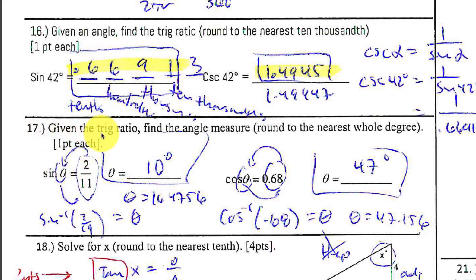Question number 17 says, given the trig ratio, find the angle measure, round to the nearest whole degree. So here I have sine of an angle equals 2 over 11. So the sides are 2 over 11, and then we're missing this angle. So you're going to circle these two, and then you put these arrows. That's called the inverse. So you have to put that little sign right here. So the inverse of sine of 2 over 11 equals theta. So if you put that into your calculator, you'll get 10.4756, and it tells you round to the nearest whole